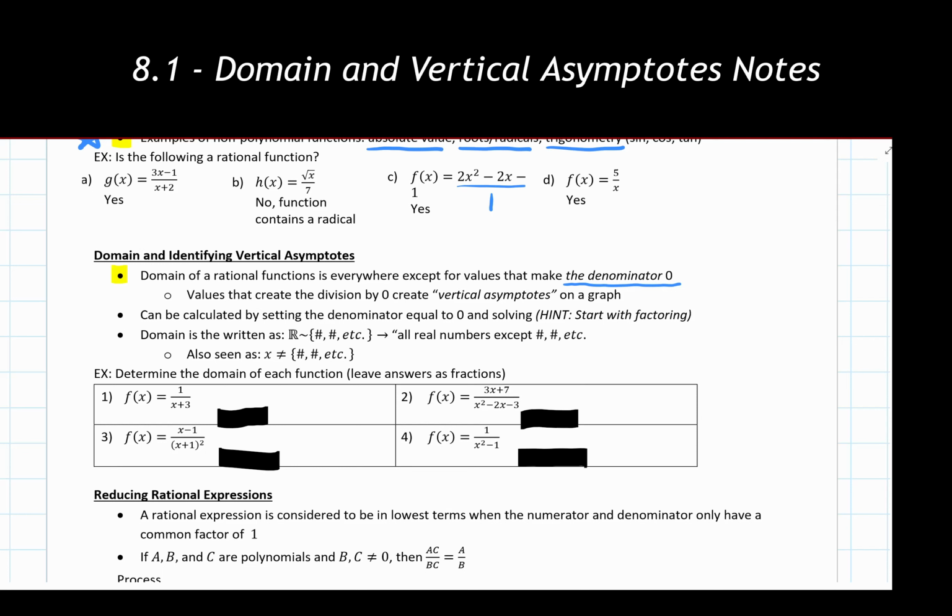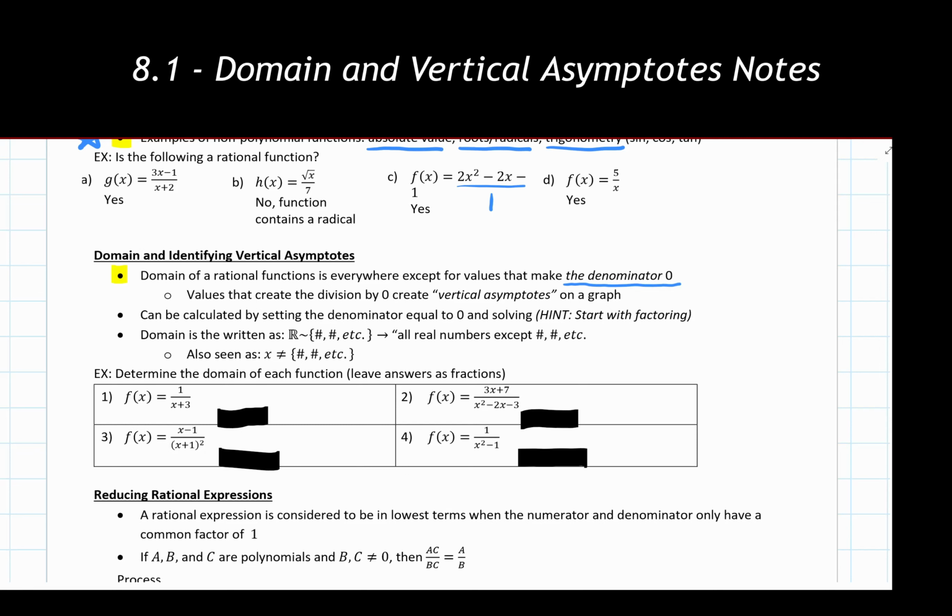The reason we can't have that is because we would end up creating division by 0 if we have our denominator equal to 0. When that happens, a few things show up. First and foremost, from a strictly numerical standpoint, we do not know what the actual answer is. We don't know what something divided by 0 is as one specific number answer. It simply doesn't exist, or we can't calculate it.